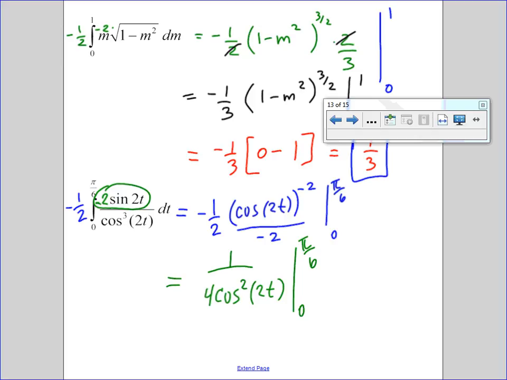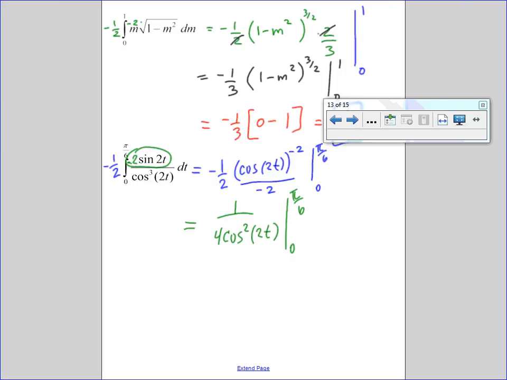Okay, so how's this going to work out? Well, I hope nicely. We get 1/4 pi over 6 into t. 2 times pi over 6 is pi over 3. The cosine of pi over 3 is 1/2. Squared is 1/4. Minus 0 in for t times 2 is 0. The cosine at 0 is 1. 1 squared is 1. So I'm getting 1/4 times